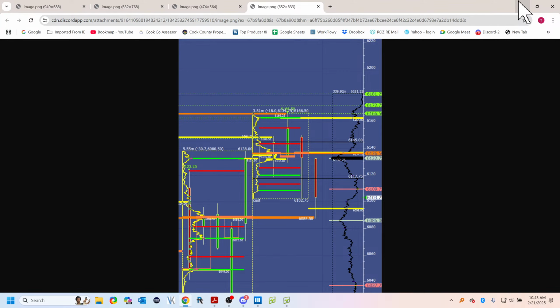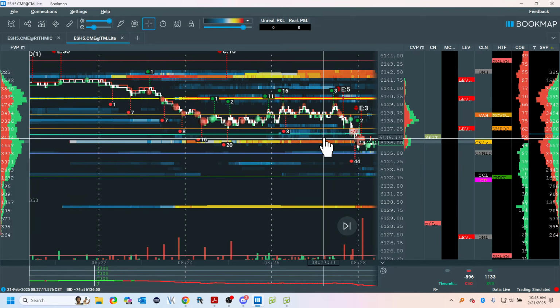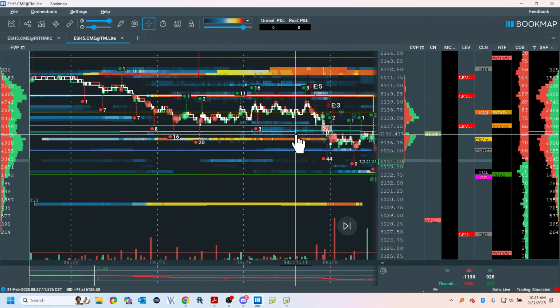$36.50, I think it was, actually, not 38. Where is it? Well, this one's 38. This is 37. It's the area. I don't know why this is over here. Don't shoot me. So, RTH open. Let's watch.